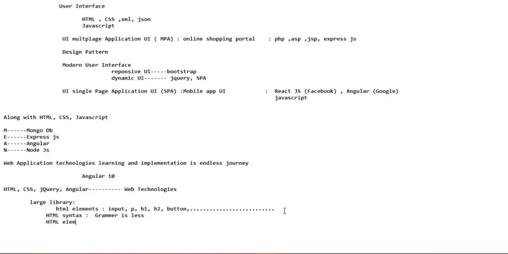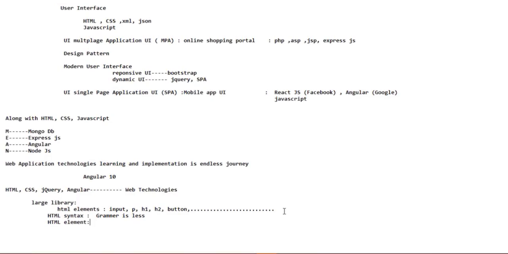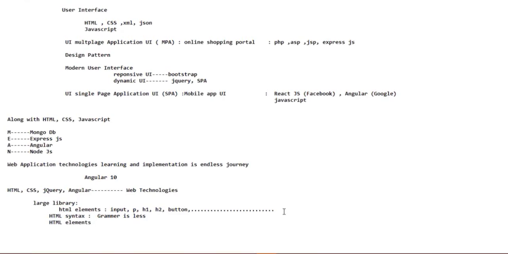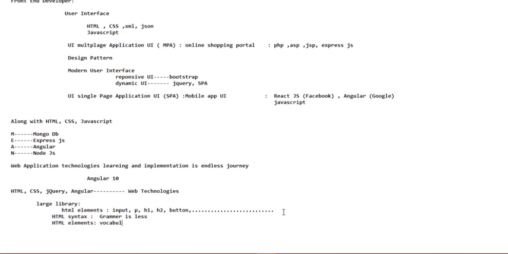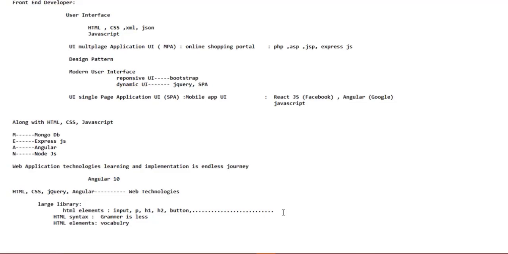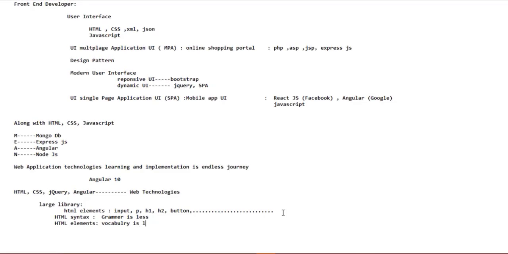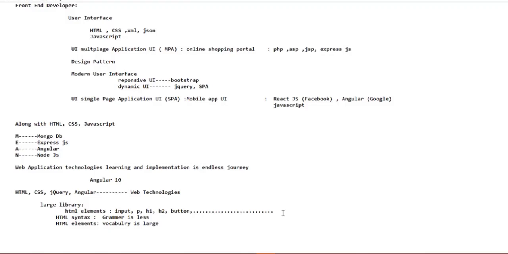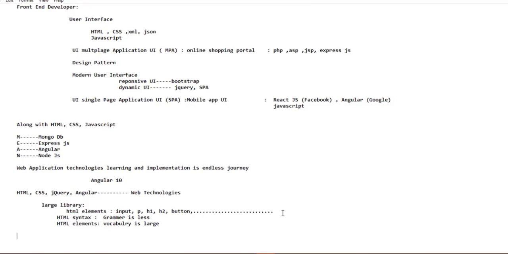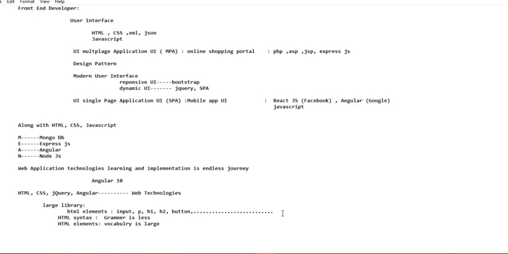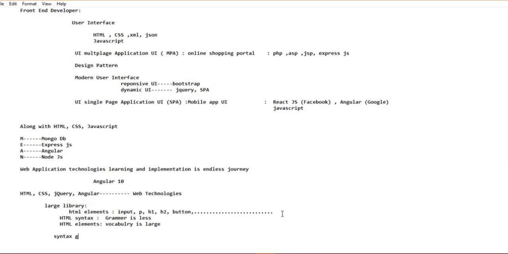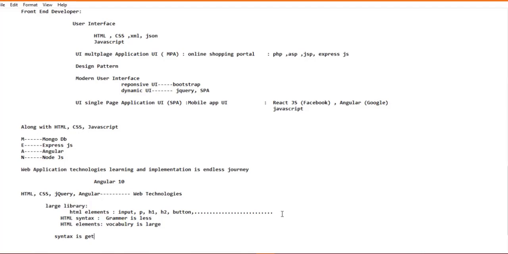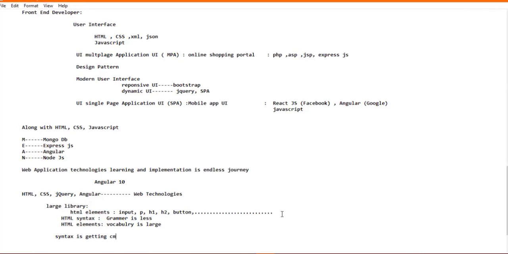That means can I say you will have vocabulary? Yes, sir. Vocabulary is large. So whenever we talk about something today, now your syntax is getting small and your library is getting bigger and bigger and bigger.